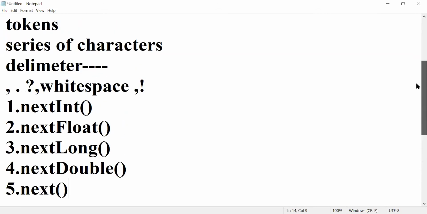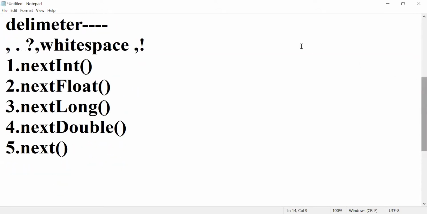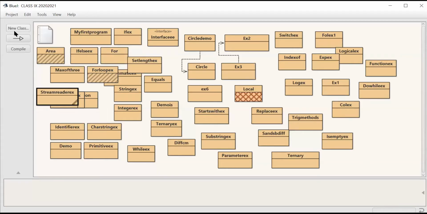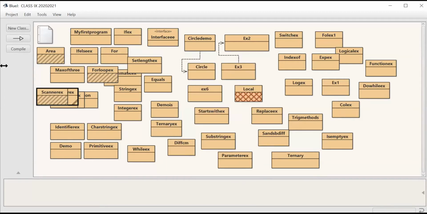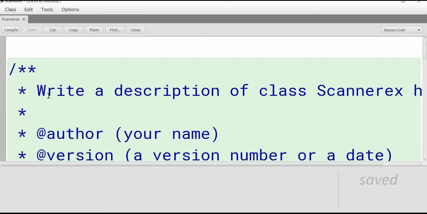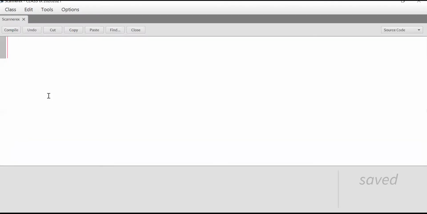Now open. The program is addition of two numbers. So the example is a Scanner example. The first point is what?